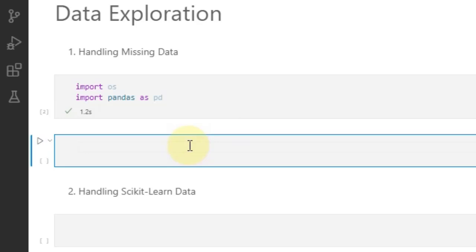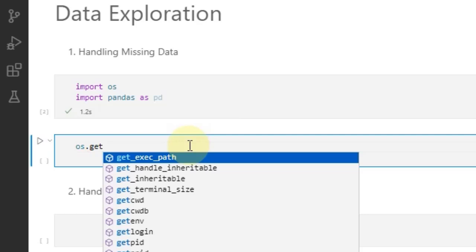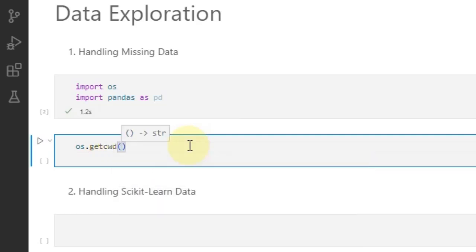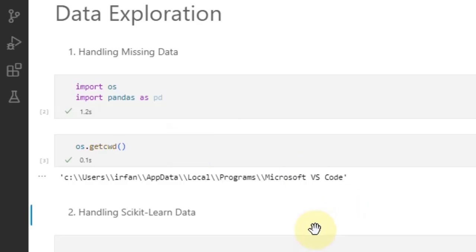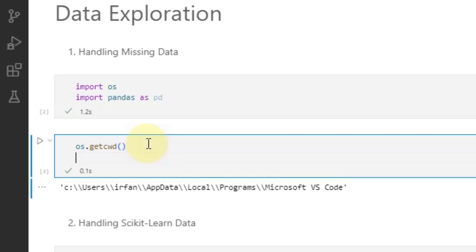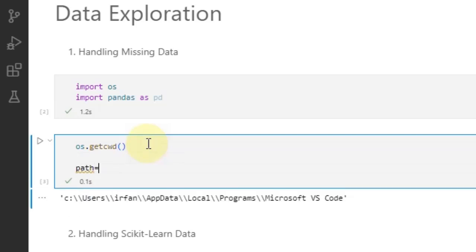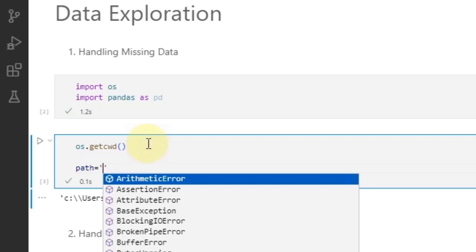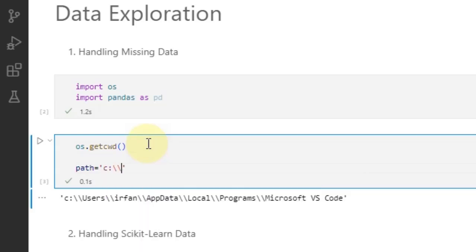After importing them, what is the first step? Let us look at the directory in which we currently are. So os.getcwd, this is the current working directory. So we are not on the desktop. This is the current working directory, but the file which we have is currently available on the desktop. So I am going to perform the same step which I have done earlier. So C, and in C users, this one,